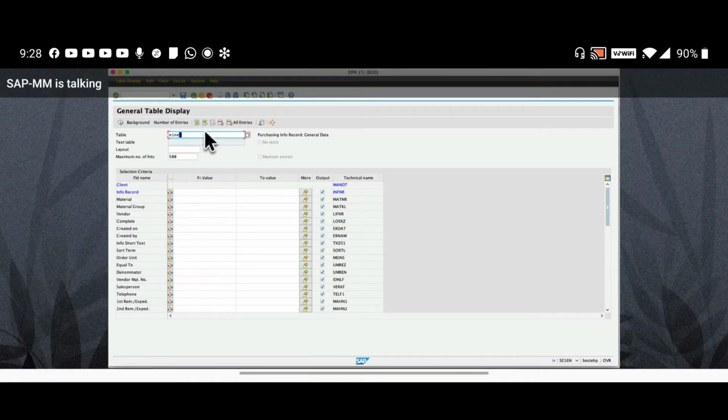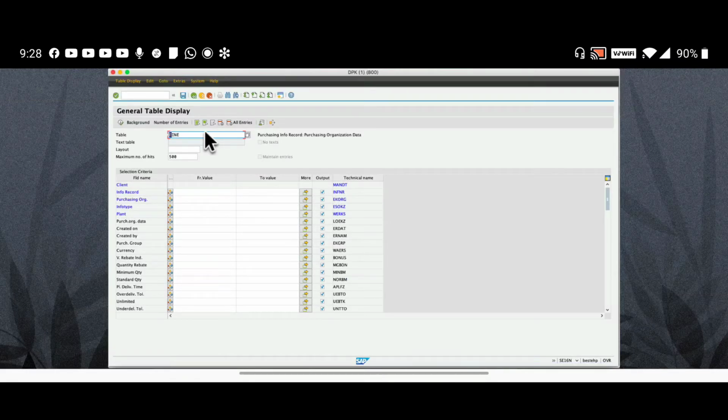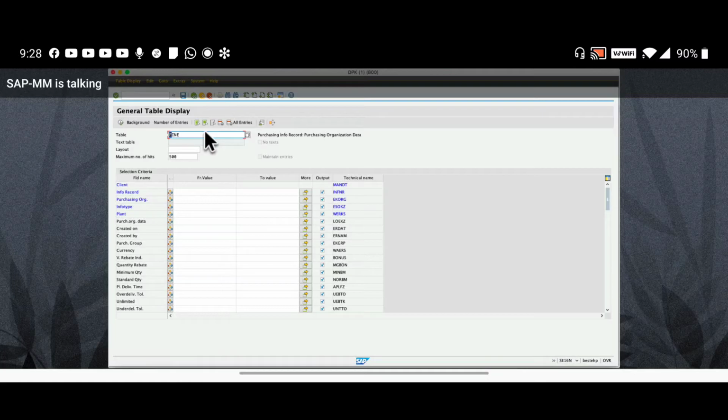Next, EINE, info record purchasing data. These are the two tables and those are the T-codes, and this is how you have to create an info record.